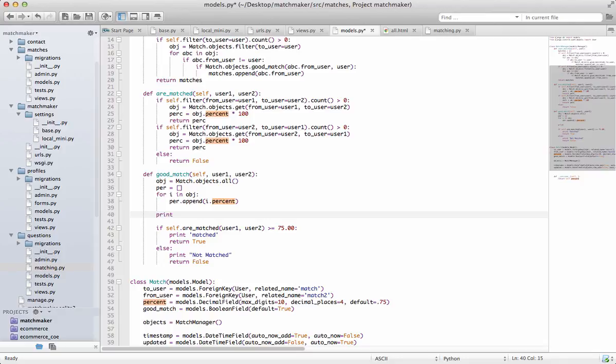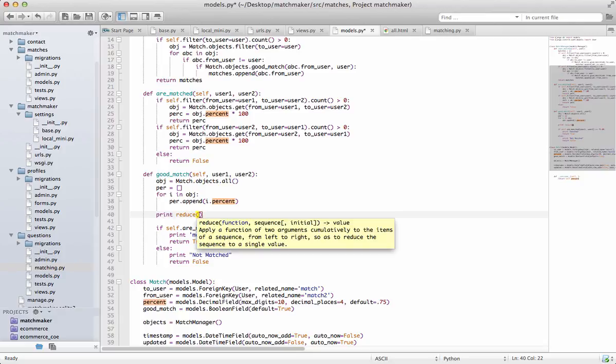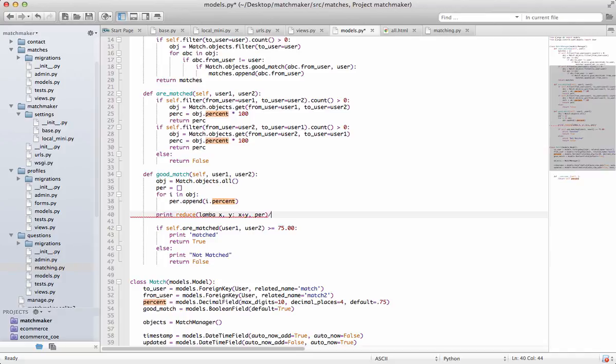It's going to append all that. So what we want to do is print. I'm just going to give you a Python function. You don't have to know everything about it. You can do more lookups about it, but it's a pretty easy Python function that's just going to grab our data and give us an average. So then we would do per. Oops, you want that there. So what this is doing is it's giving us,